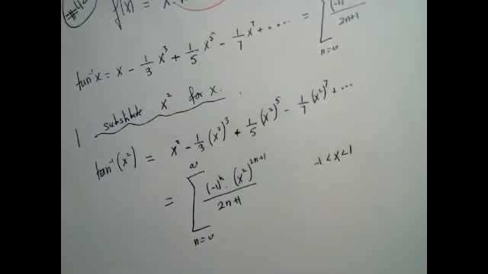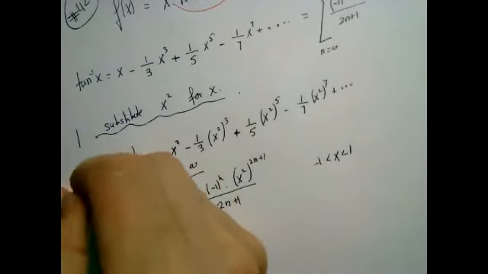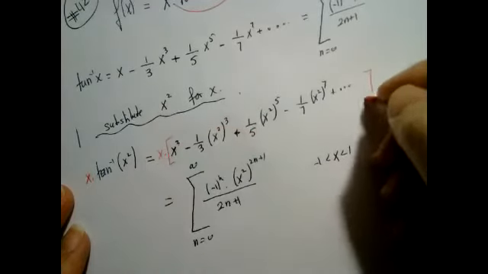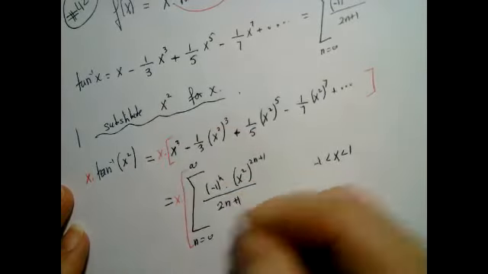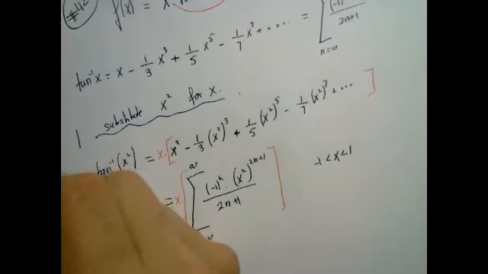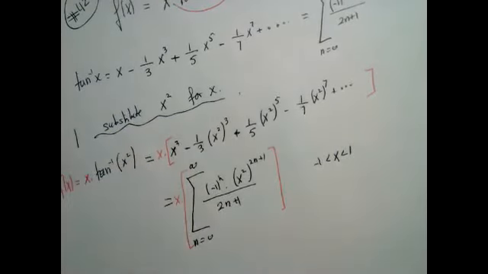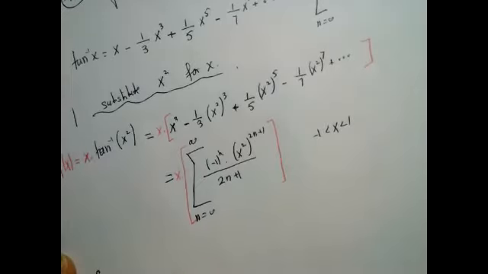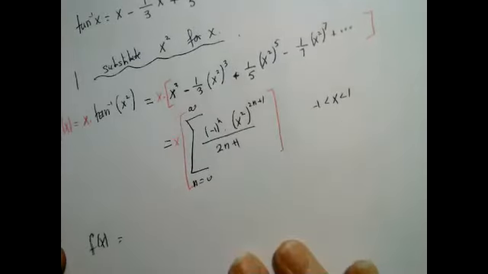Okay. Now, if they want x times tangent inverse, it means I have to multiply everything across by x. That's really what they want. So I take tangent inverse of x squared and I multiply it by x. And this is the function they are after. Now the rest is basically to simplify the whole thing. So f of x should be equal to x times